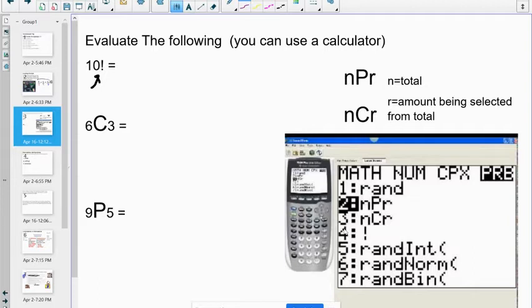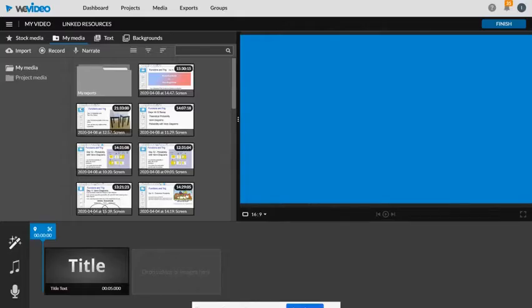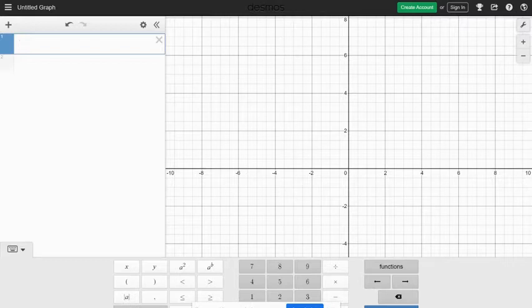You would have a blank screen on your calculator and type in 10. Then you would hit the math button, kind of in the upper left-hand corner. Hit math, then your screen will look like this. You're going to go all the way over to PRB, which stands for probability. Once you have that highlighted, you're going to select number 4, or you can just arrow down till you get to 4 and then hit enter. That's the little factorial button. But on Desmos,